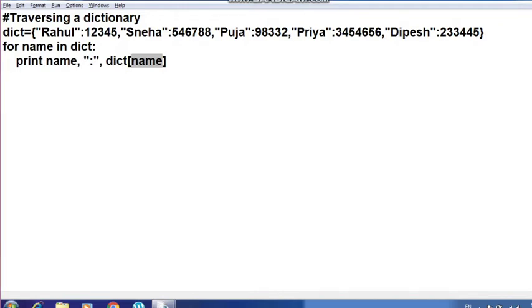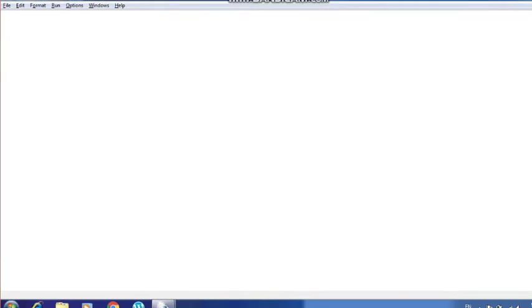Alright, so this is how the dictionary will work. Let's see how we can add elements to the dictionary once the dictionary is created. Suppose I have created the dictionary named dict, and I am writing the elements here. For example, I am writing name, and I have written Rahul, and then salary of Rahul, that is 25,000. Then suppose I am writing age, which is 25. So this is the dictionary which I have created.